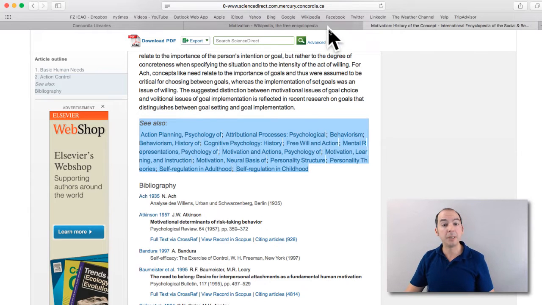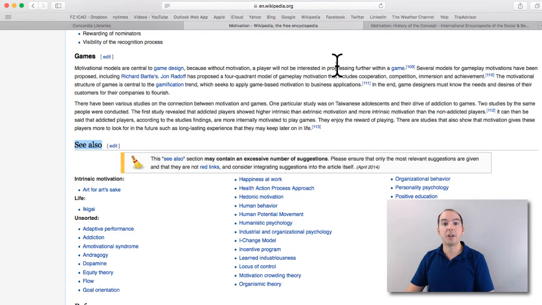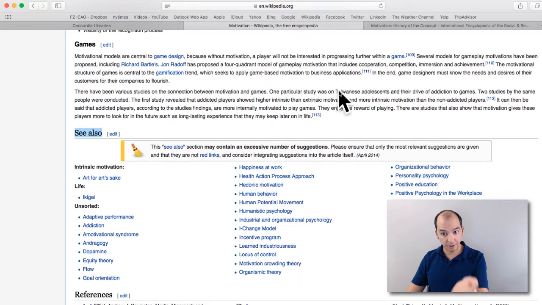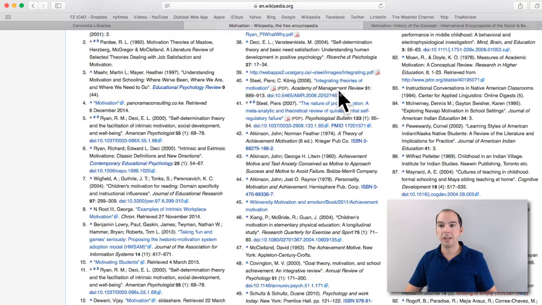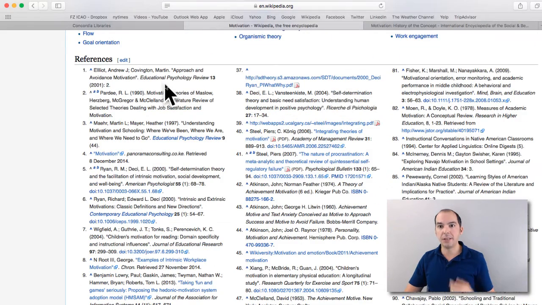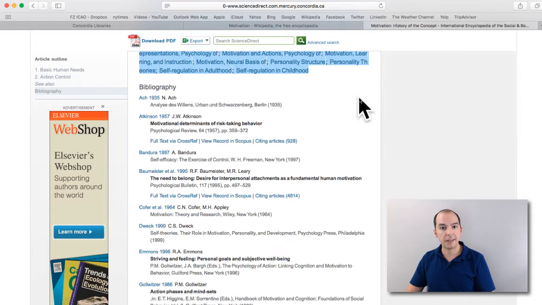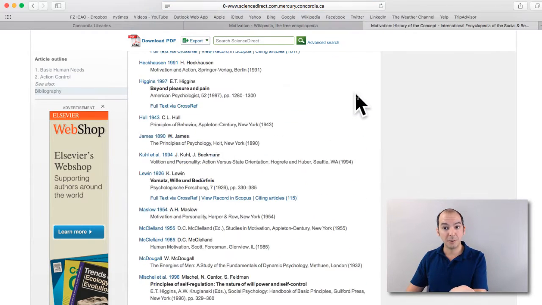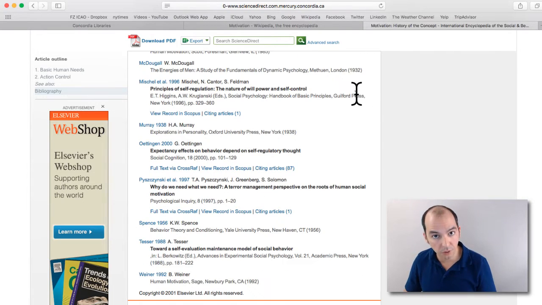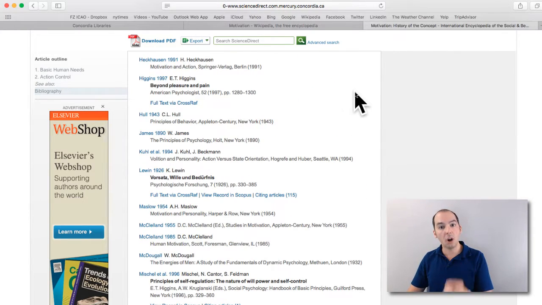And notice how both Wikipedia and the classic library encyclopedia have this feature, both of them. This is an essential feature for any encyclopedia. The last point, last structure is here, a reference list. And same thing with this other encyclopedia entry on motivation. Notice here, result set. These are the sources, these are the documents, the articles, the books that the authors of these entries have used to explain this concept.